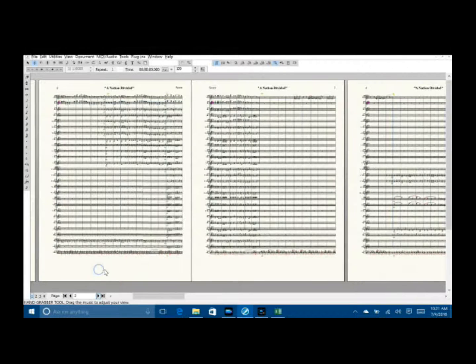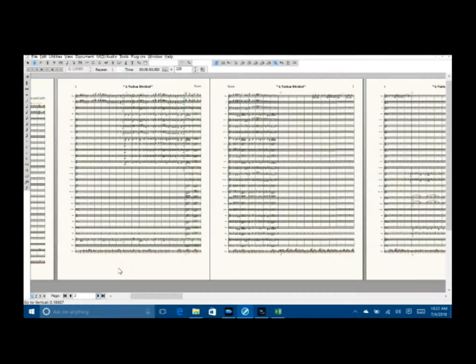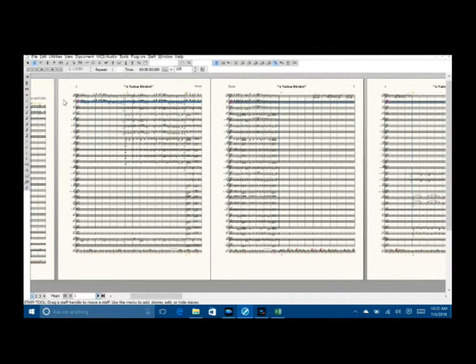And we're going to right-click and drag just a little bit so that we can see page 1. You'll notice down at the bottom, we have about an inch to fill up, and we have about 26, 27 staves that we're having to move. I'm going to move each staff down about 2 down arrow increments.